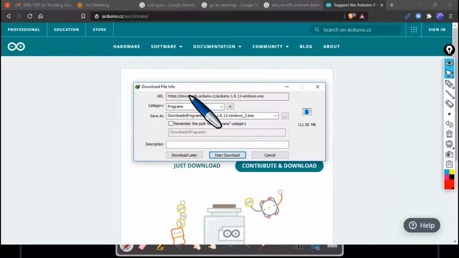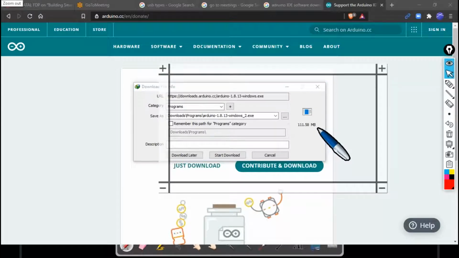This Arduino IDE is about 111.58 MB. Let me zoom in a bit to show you the exact size of this Arduino. So it's about 111.58 MB of software.